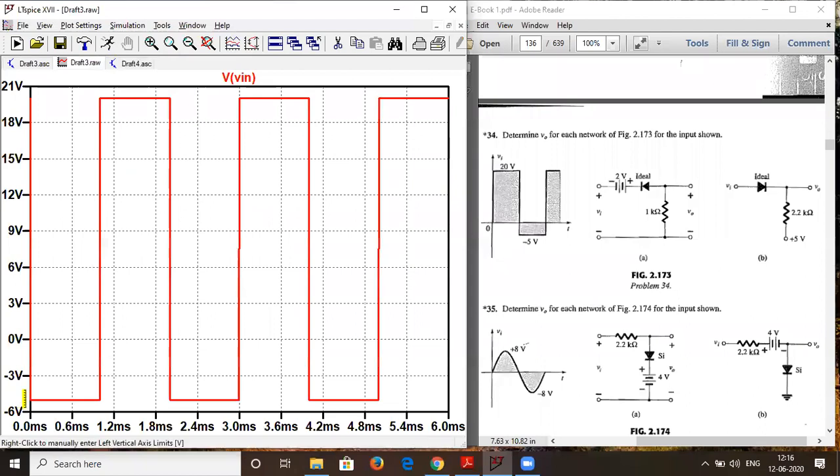No, it starts from zero over here, as you can see. Starting at a higher value, but starting from zero. We don't want it this way. We want the waveform to be this way. So we can give around 1 millisecond delay so that it starts from here. Okay, now let me show you.